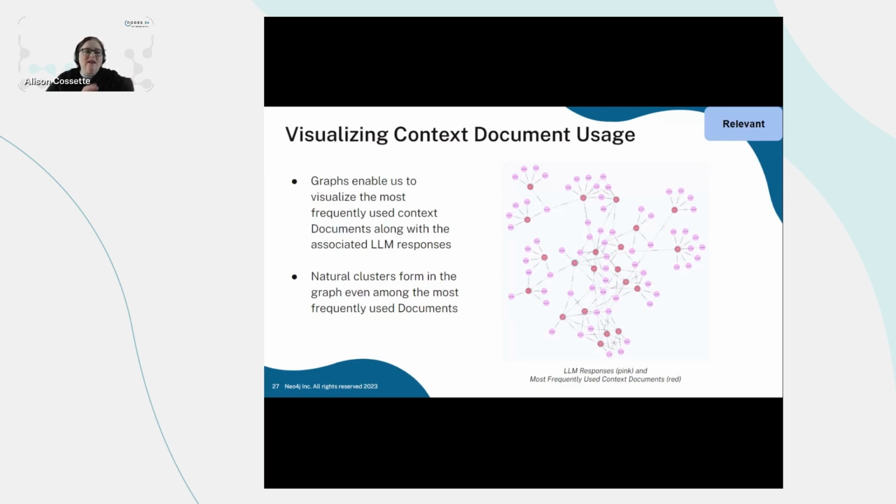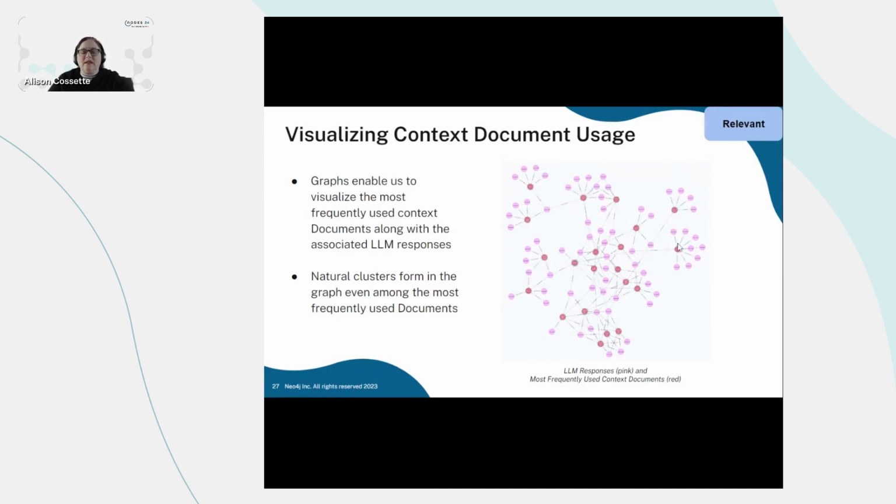This is about the live application: the prompts and responses, and the documents that were connected to them. What you find with graph is that the natural structure tells you something about what's happening in the knowledge. We see what I call the hub and spokes,